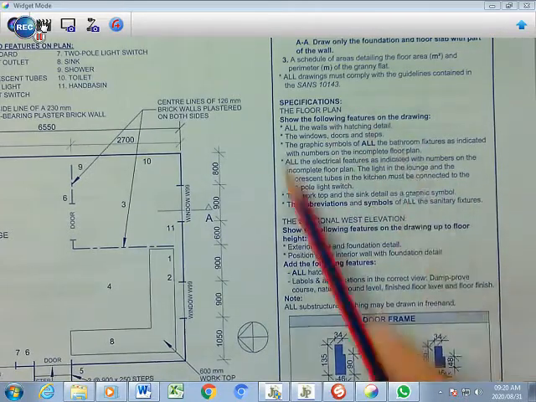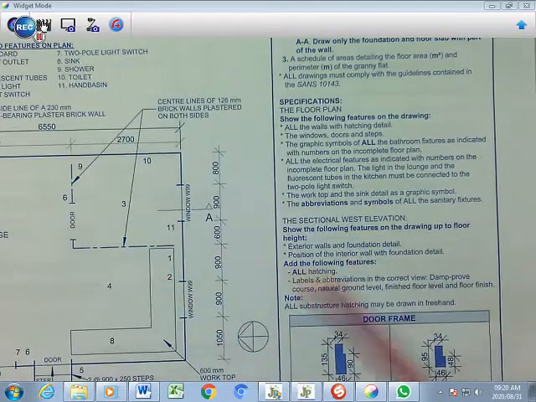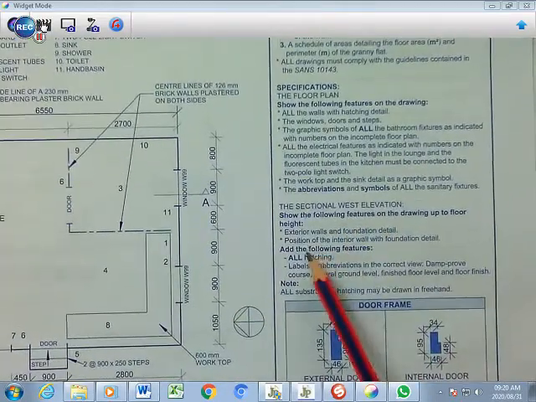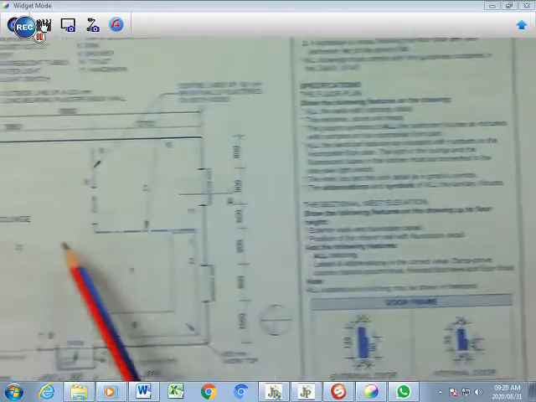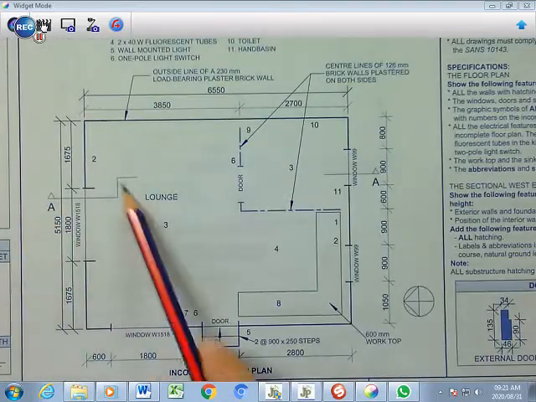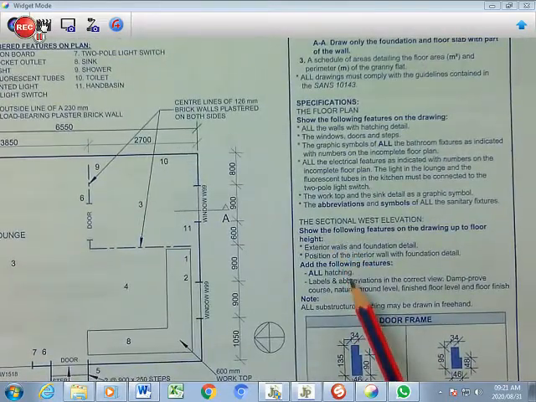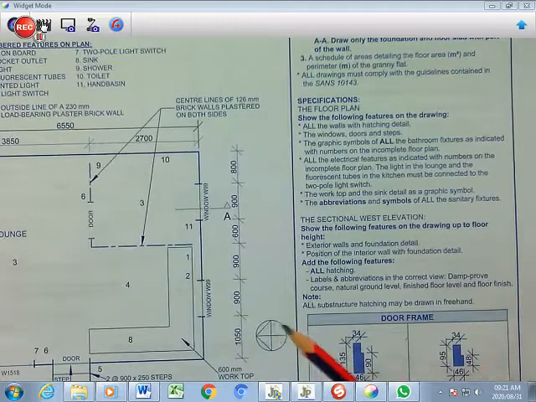That's in your floor plan, this one here. And then you must also complete the section elevation from the cutting line that we are going to experience here through the floor plan, but I'm going to show you how to do everything. Okay,